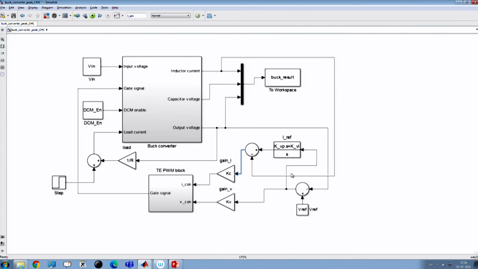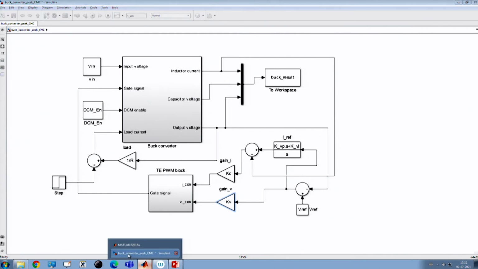Now, in state feedback implementation, what we want to do? We can simply keep all the controller to be 0 and it simply compares, but we need to set some reference current. So, what should be the reference current? I told you, in current mode control, we will keep the current loop gain to be 1, voltage loop gain to be Kp, and for the PI controller, the voltage loop proportional gain will be set to 0, because that is already taken care of here, and the integral gain Kvi is set to Ki.